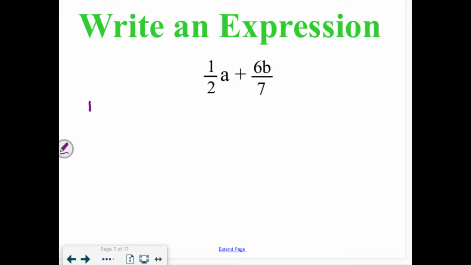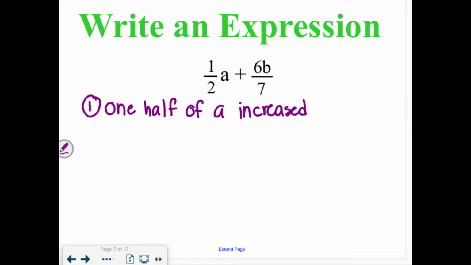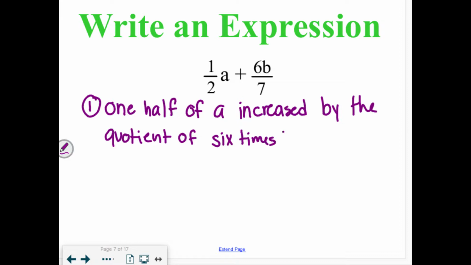So for example, I could say one half of A increased by the quotient of six times B and